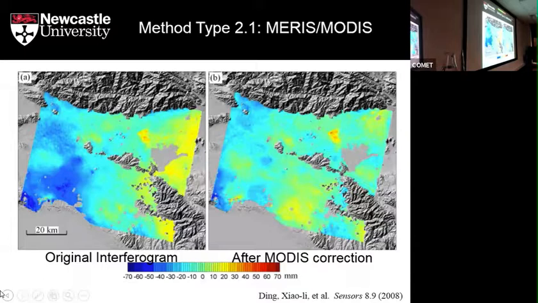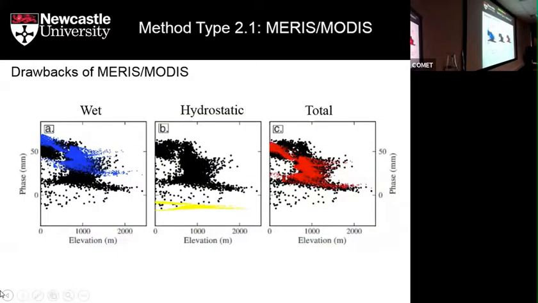Because MERIS and MODIS only provide water vapor, which is the wet component of the atmospheric delay. You can see from this, the blue dot is the wet component, the black dot is the phase measurement, and the yellow dot is the hydrostatic component. So when you combine these two, you get a very similar pattern of total atmospheric delay against the phase measurement. So the conclusion is that the hydrostatic delay component, the dry component, is also very important,